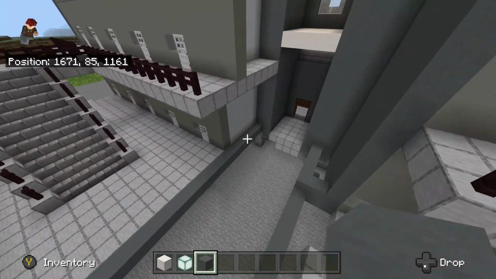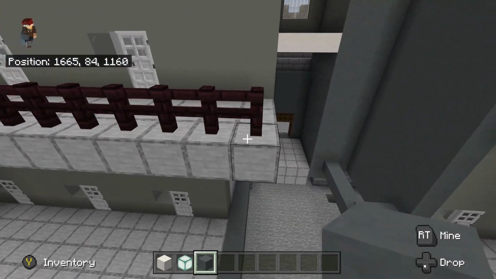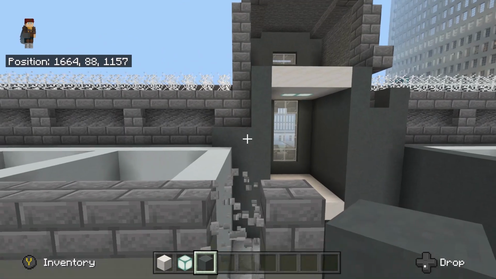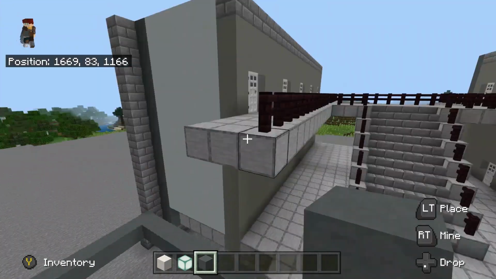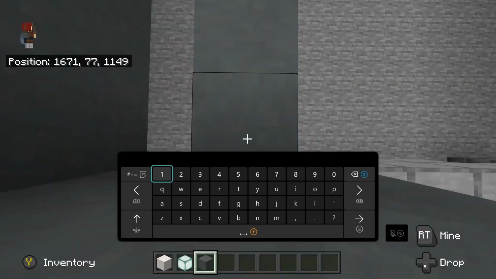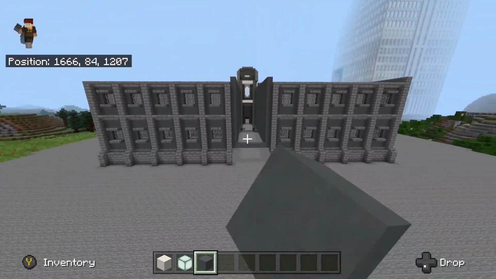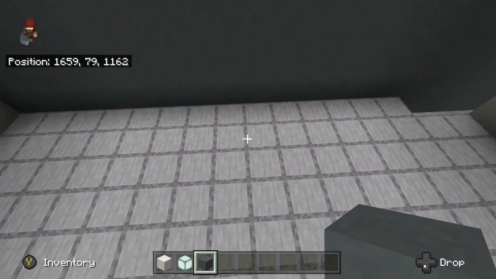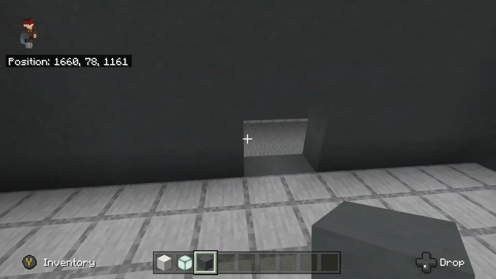Anyway, so we've got these walls. We're simply just going to bring them all the way up. It means we'll have to chop this bit off, which is fine. And then the walls should look like that. It's a pretty normal corridor, and we can put some big security doors in here, which are pretty much iron doors, I guess, with